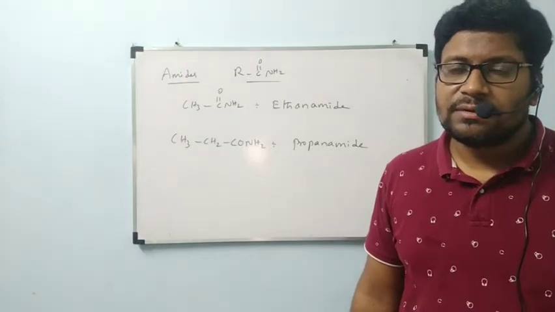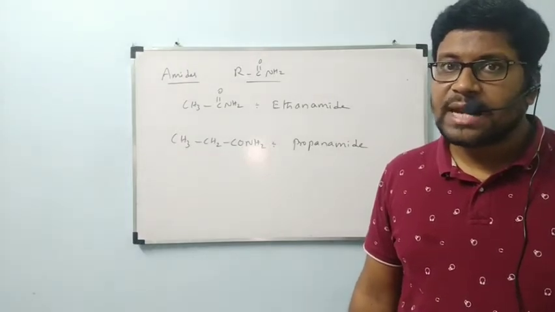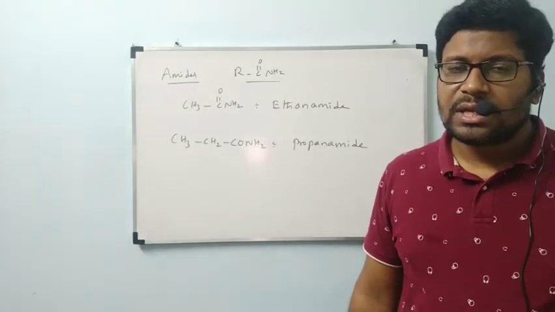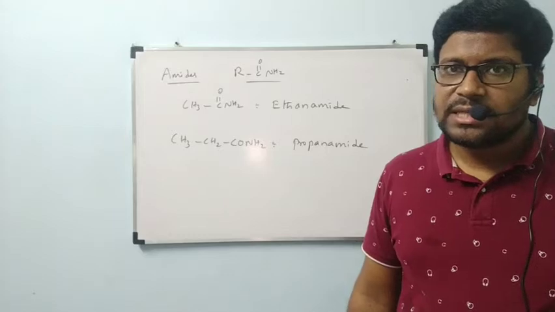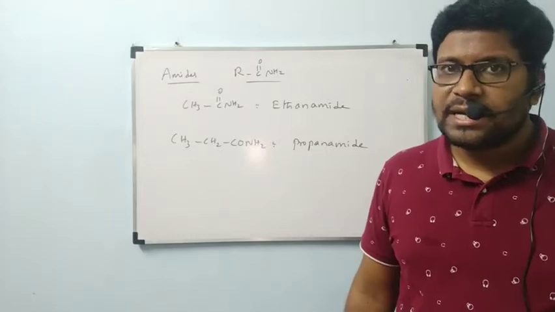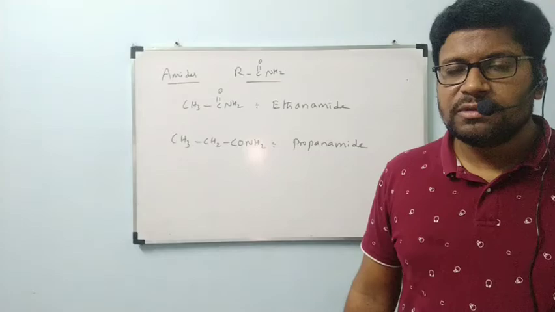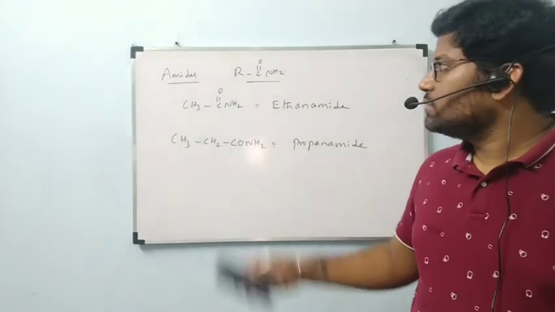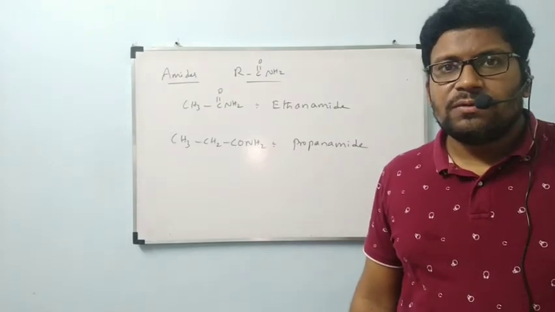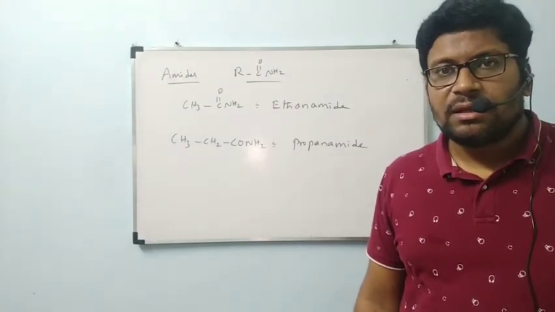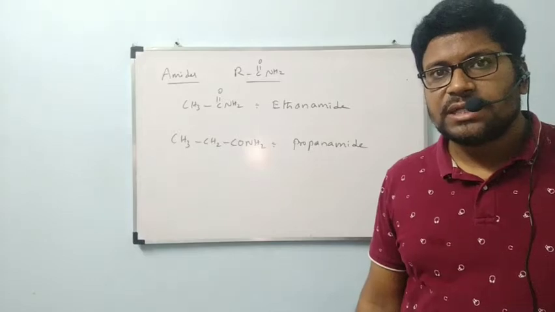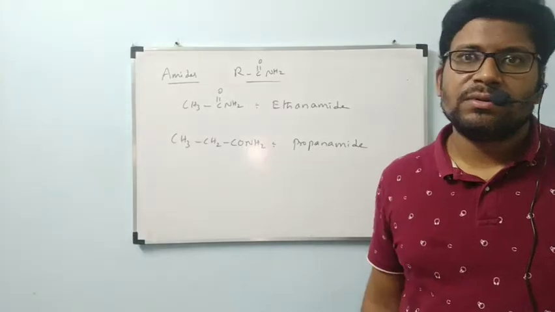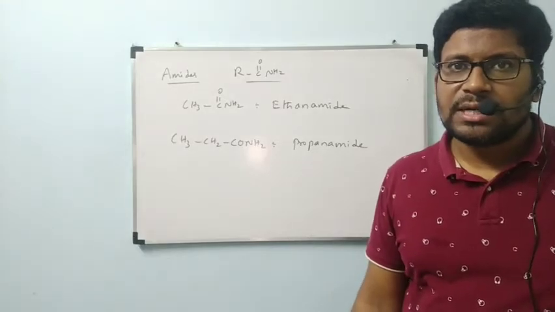Next year we have separate functional group headings with chapter names: alcohols, phenols and ethers, aldehydes, ketones and carboxylic acids, amines, like that separate headings. Under those we will study somewhat deeply about the chemical properties also. This is about functional groups and how we give the names. Now we will see, along with functional groups, if you have side chains, substituents, double bond, triple bond, how we are going to give the names of those compounds.